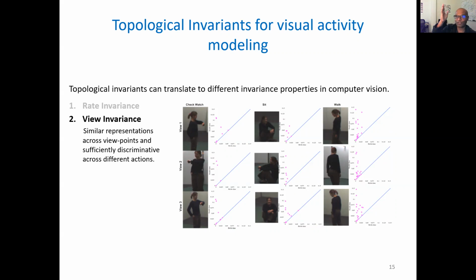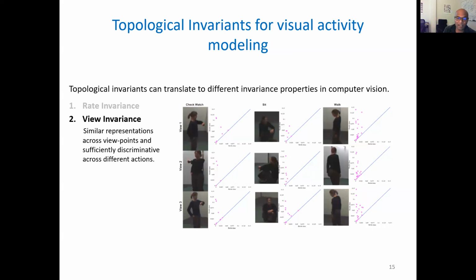Take video frames, extract histograms of gradients, create a time series of that, embed that and treat that as the feature space or the point cloud that's given to you in that metric space, and then do TDA on that space. We start getting these really nice persistence homology descriptors, which we found are already fairly robust to viewpoint and